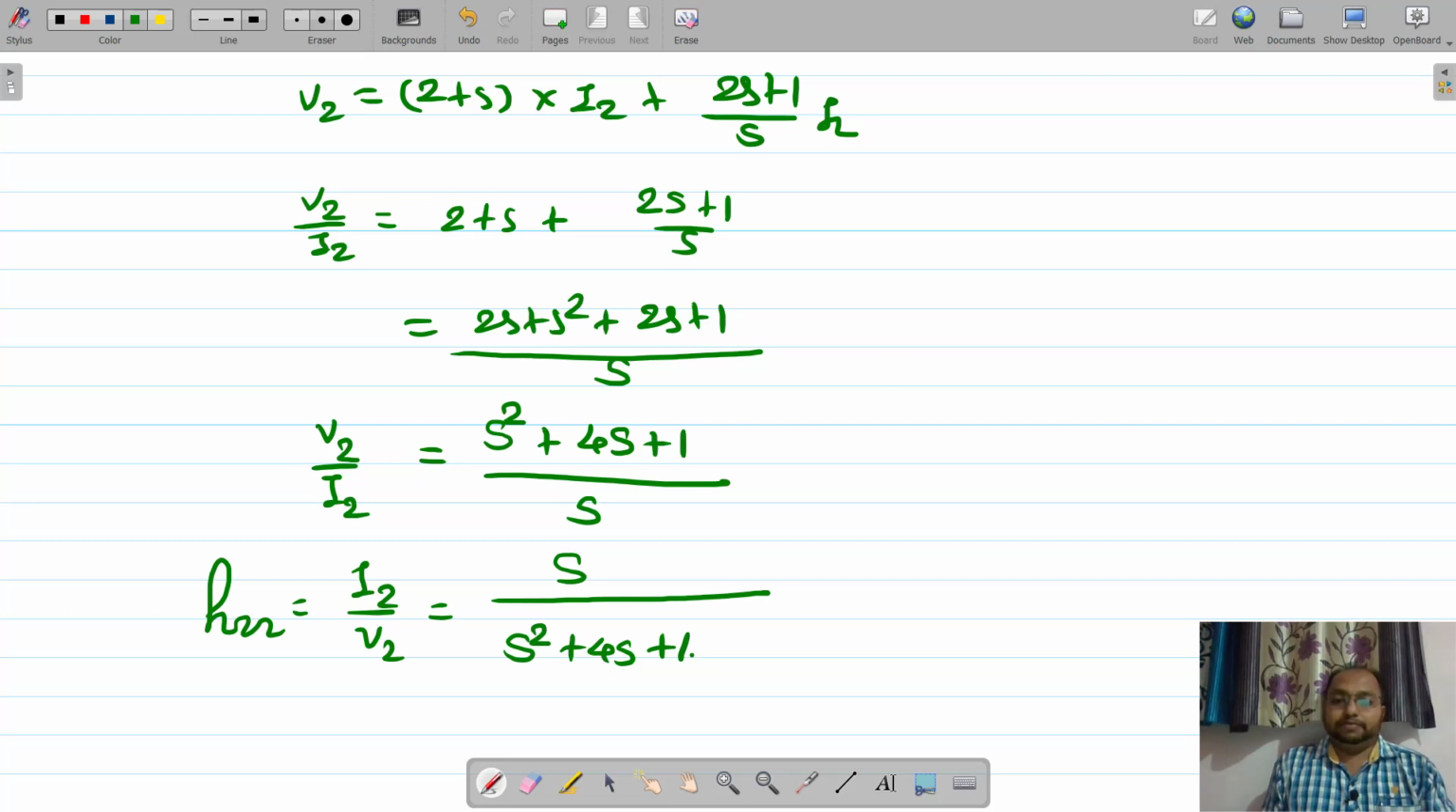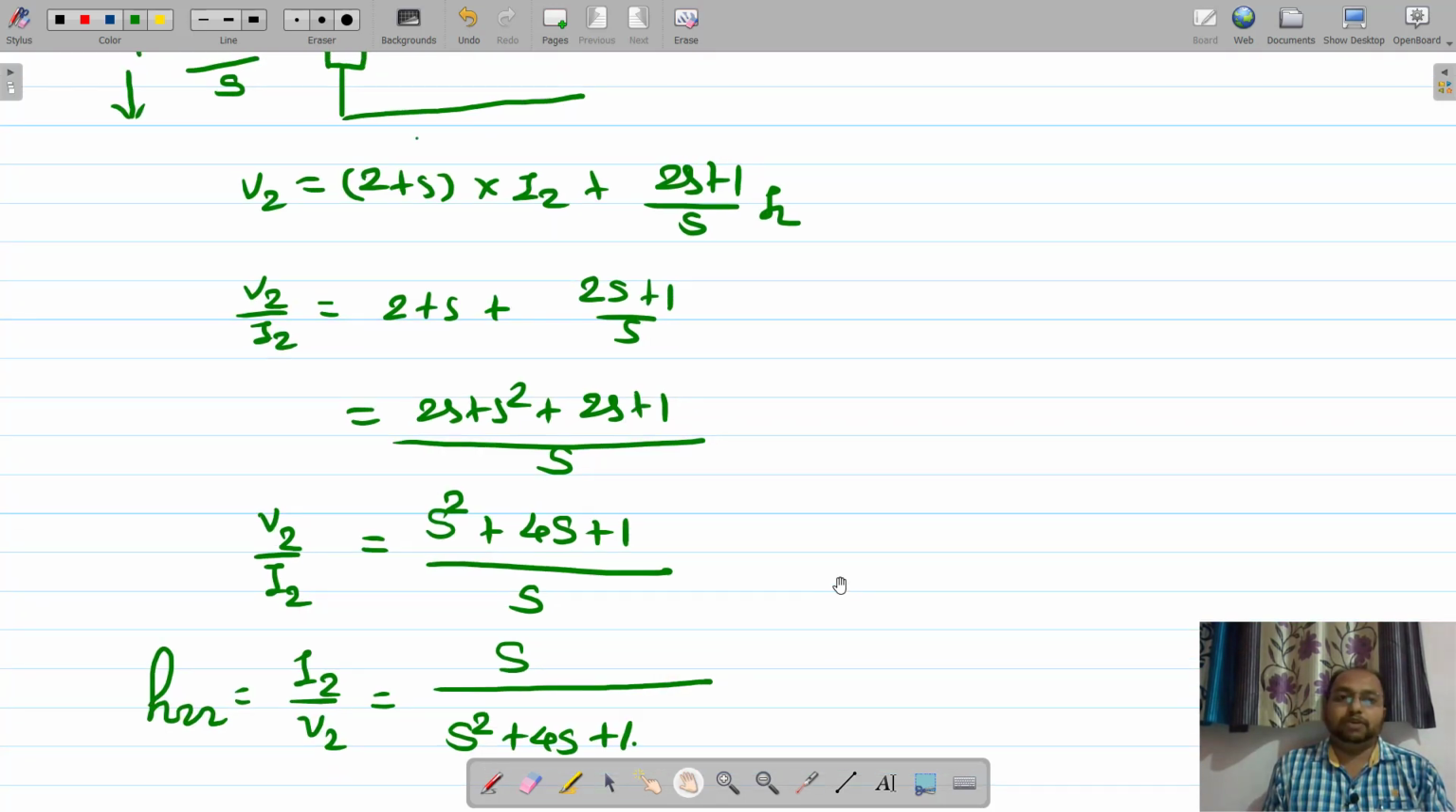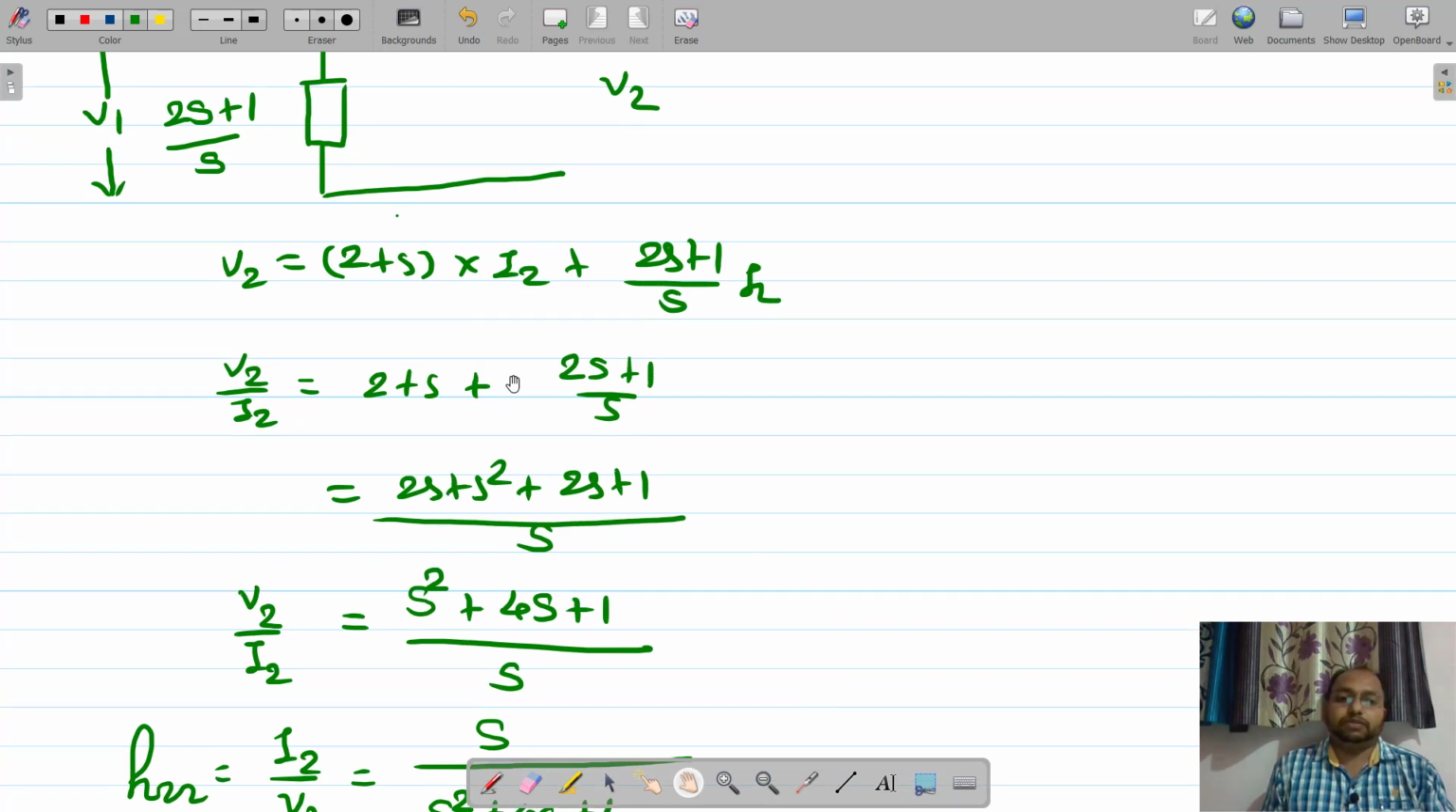Finally, what is V1? V1 is nothing but the drop across this one, no? And V2 is nothing but what? V2 is nothing but this one. Okay, fine. So V1 is equal to twice s plus 1 divided by s into I2, and V2 is nothing but what? V2 is equal to,